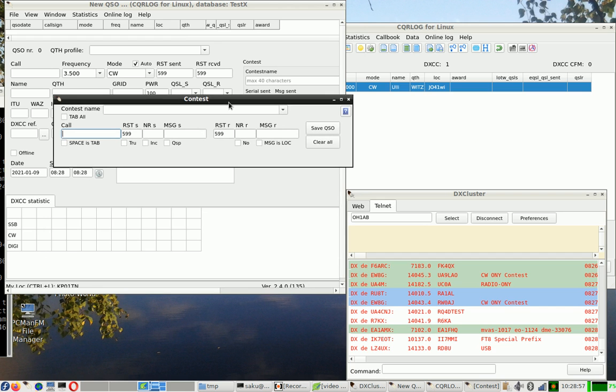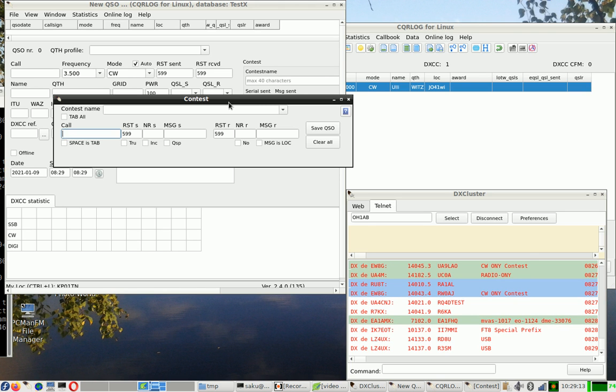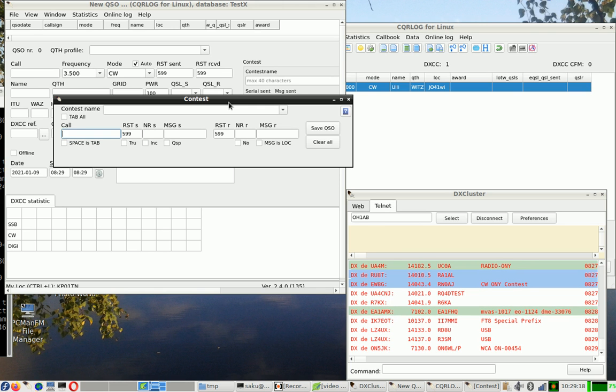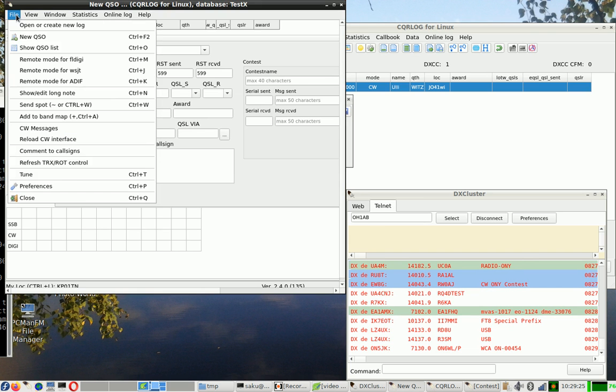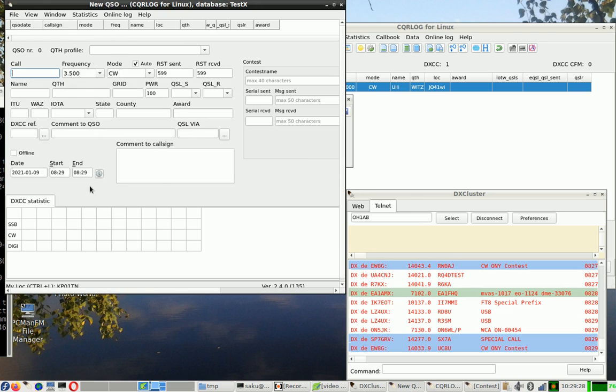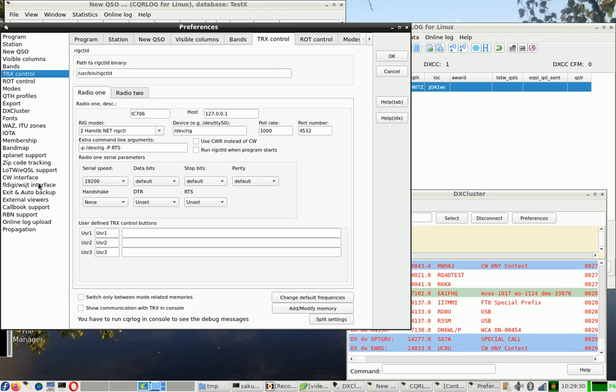And when we start a contest, the easiest way is to make a new log for every contest. But if you don't keep so many QSOs, you perhaps like to have all the QSOs in the same log. So that makes the preparation a little bit different. If you're using all QSOs in the same log, you have to open the preferences and find the FLDIGI